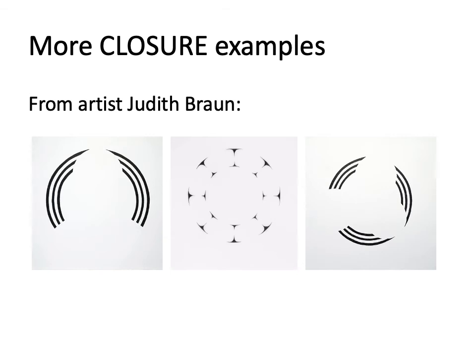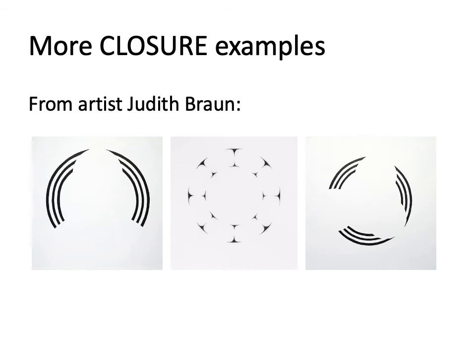The same thing is happening here. Really, these are the shapes here, these black shapes. But our brains are taking that information of how these shapes are placed together, and we're seeing what we perceive to be other solid objects, right? And again, that's that phenomenon of closure. Here we have a slightly different version of this first one, where we see even more of that phenomenon of closure used.